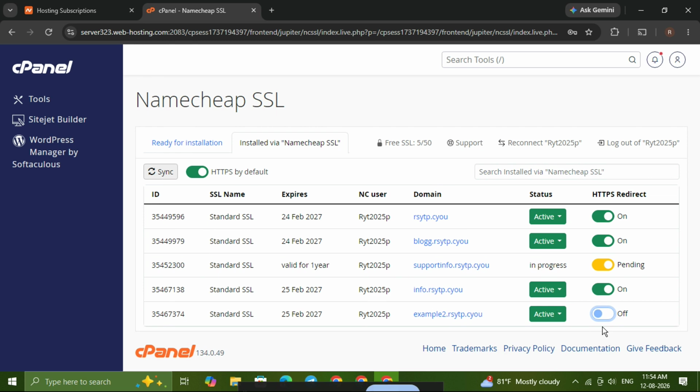If your website still shows a secure connection for a little while after this, don't worry, because browser caching and server settings can sometimes take a short time to update. It's always a good idea to refresh your site, check the SSL status again, and confirm that the certificate has been removed or disabled successfully. If you need to re-enable it later, you can usually come back to the same Namecheap SSL section and switch the toggle back on. So that's how you remove a Namecheap SSL certificate from your website using cPanel and the